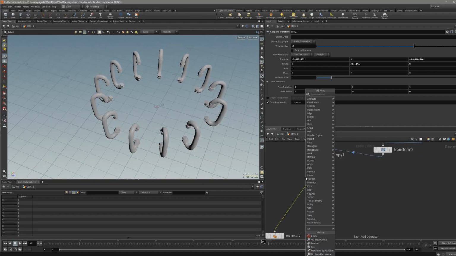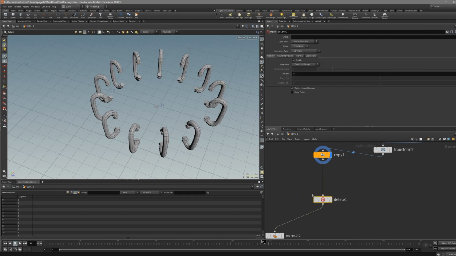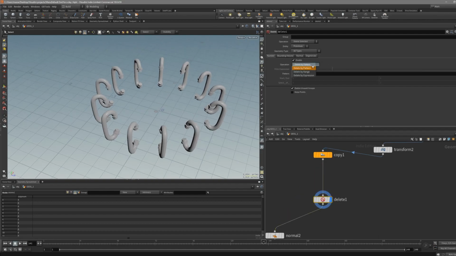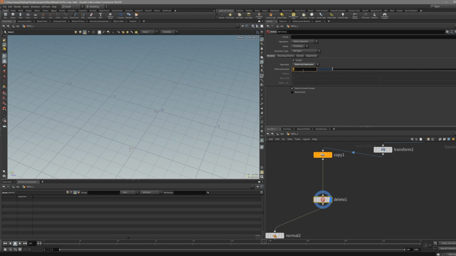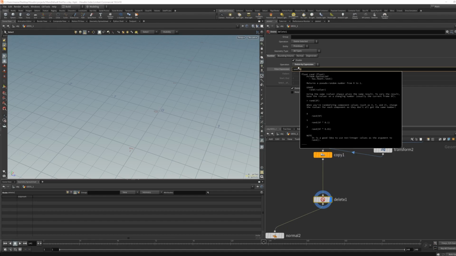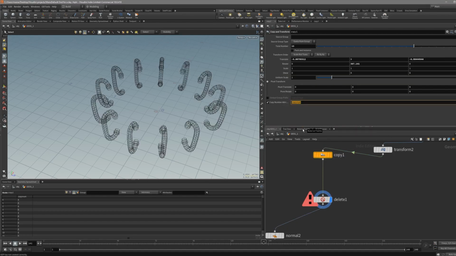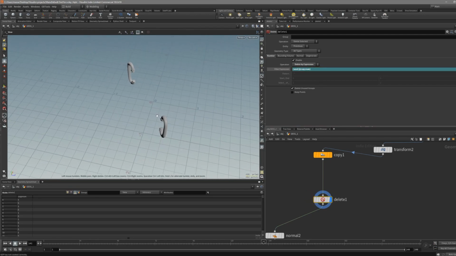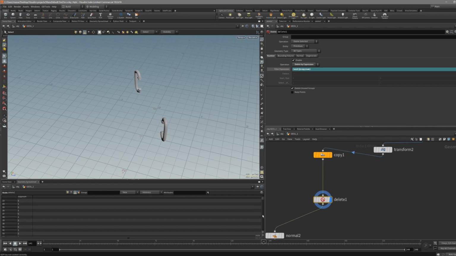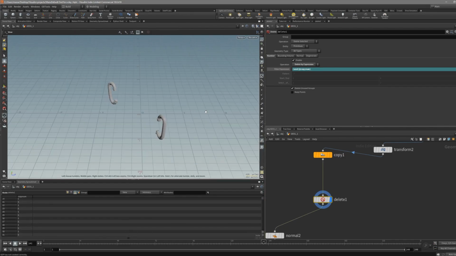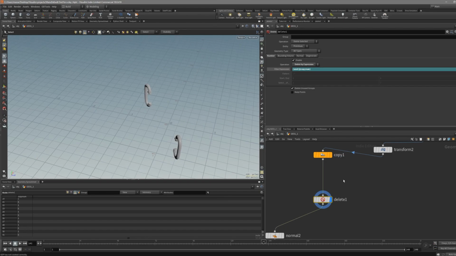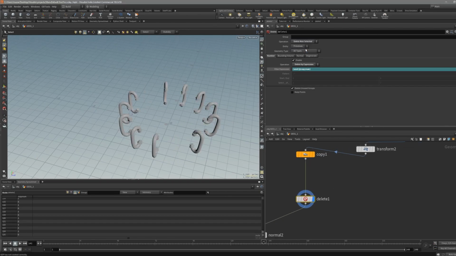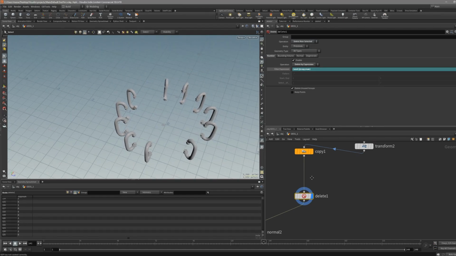And now we just want to put down a delete node, and in the delete node we want to make a delete by expression and put down a rand, and in quotations we want to copy this attribute, so copy num. I'm just going to copy and paste it, and then we have only two numbers, 11 and 5. But to make it variable so we can randomize it,